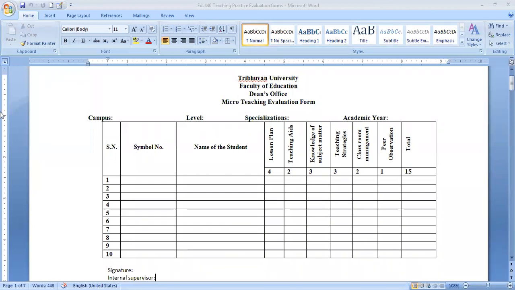Well, now let's discuss the micro teaching evaluation form. So how the evaluation form is created in micro teaching. Here it is evaluated according to this: the campus, level, specialization, and academic year will be mentioned. Then symbol number and name of the student. Then lesson plan. Micro teaching captures 15 marks: lesson plan 4 marks, teaching material 2 marks, knowledge of the subject matter 3 marks,